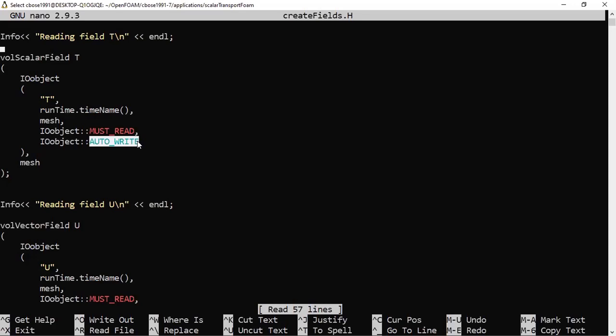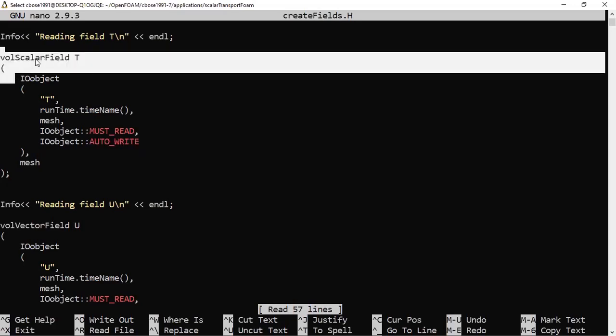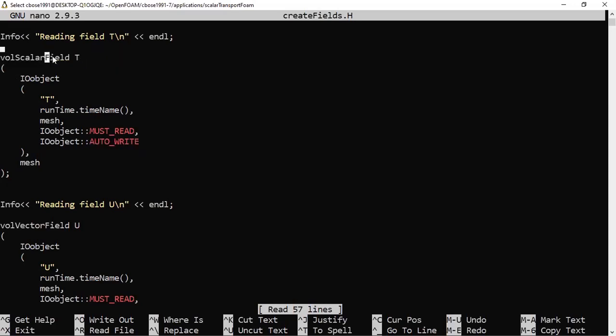Sir, could you repeat that? Explain the code once again. So this is createFields.H, which is the associated header file of our .C code. We are looking into what definitions or declarations we have given. The first declaration is that we are reading a volScalarField, which is a scalar over a volume.